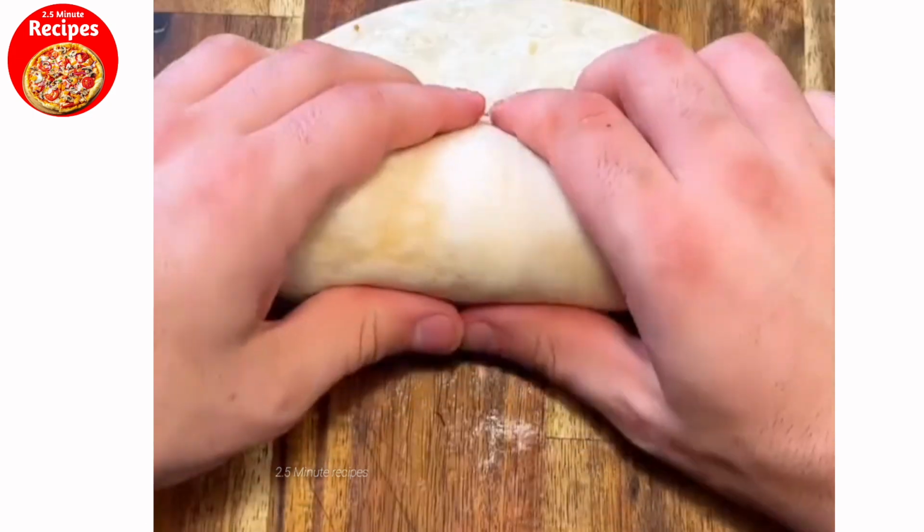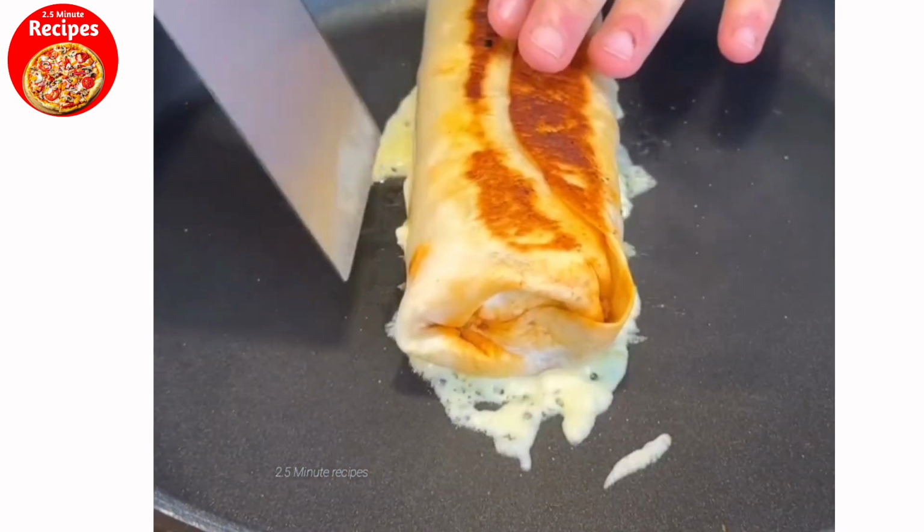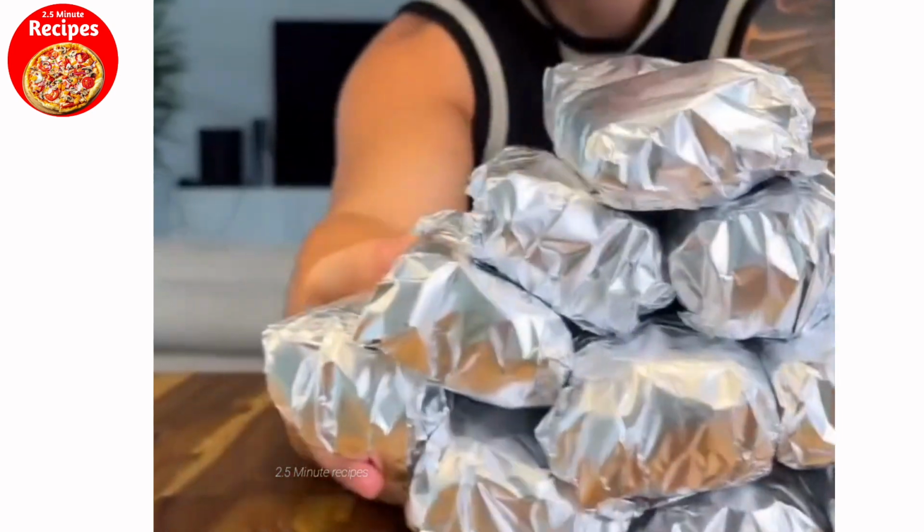roll it tightly, repeat the process for the other burritos, place some cheese on a pan with the burritos on top for a few minutes to seal them until they're golden brown and crispy, wrap them up, store them in the fridge or freezer and reheat when